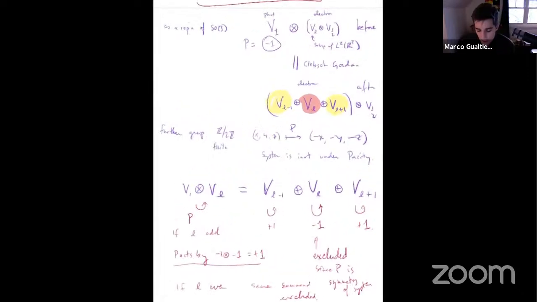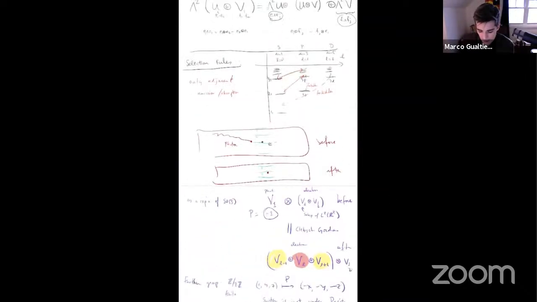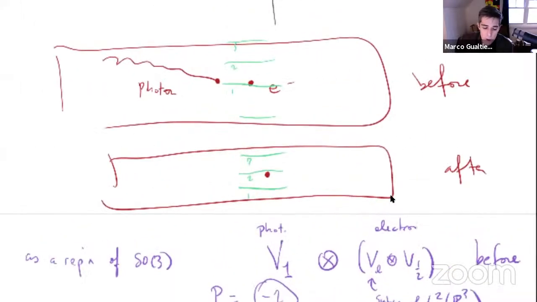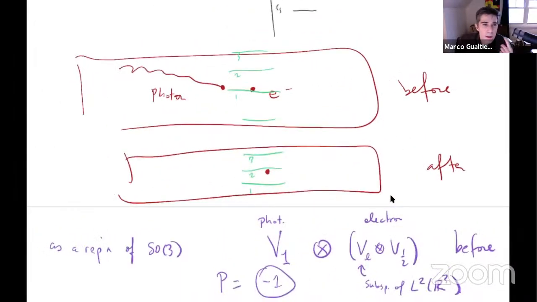Any questions about this stuff? This argument is a very rough argument, right? We're not actually studying the exact dynamical behavior of the system as the photon comes in and modifies the Hamiltonian, and it's obviously a very complicated system, but all we're doing is using a very rough symmetry argument, and that's enough to kill certain transitions.